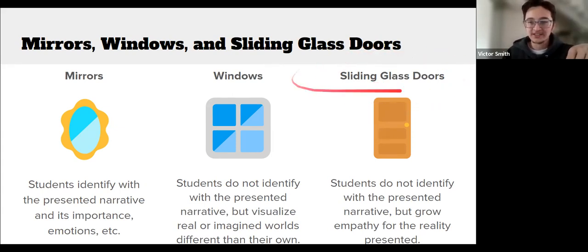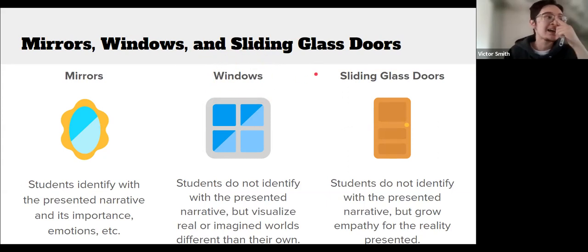Sliding glass doors is a third concept that was added to the framework by Black feminist scholar Rudine Sims Bishop. And she created this in response to the fact that just because there are depictions of children of color doesn't mean that those are respectful representations. She was calling out the distorted and laughable representations of Black children in these books about windows, and asking why children can grow greater empathy for aliens rather than POC children